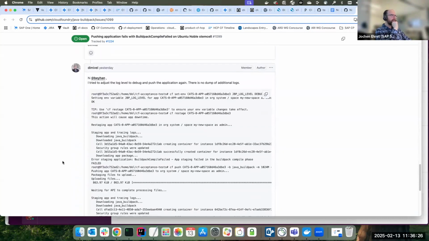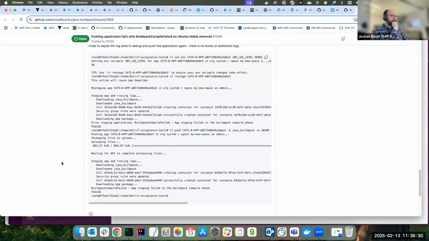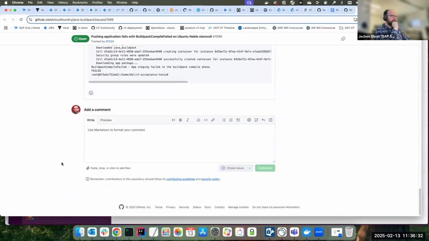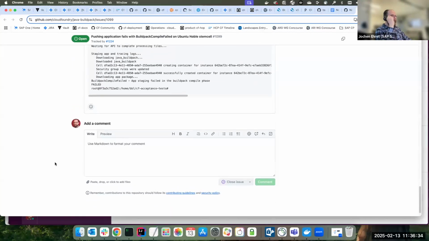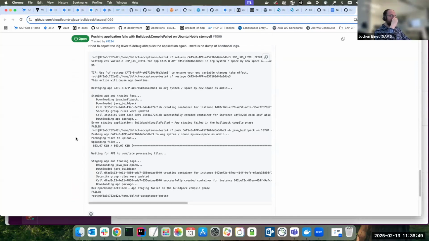What we see at the moment is "Debugging the buildpack. Error staging." and that's it. I think the only chance we have is to log into the staging container. Not sure how we did this for some other issue, but I can't remember currently how it was done.